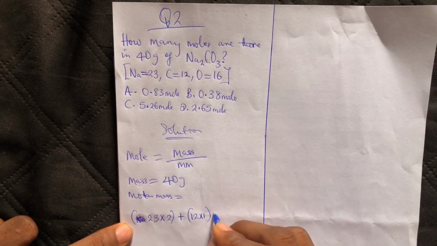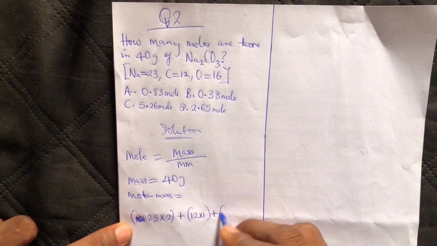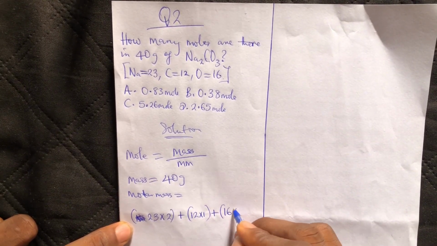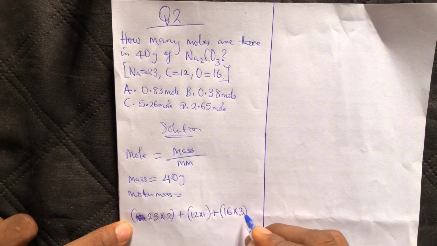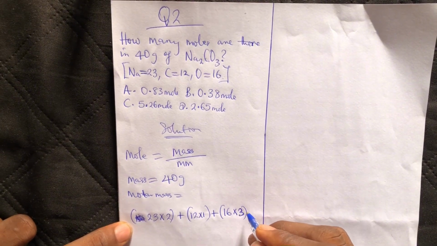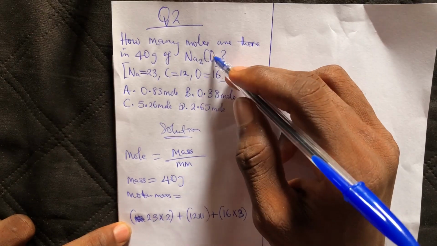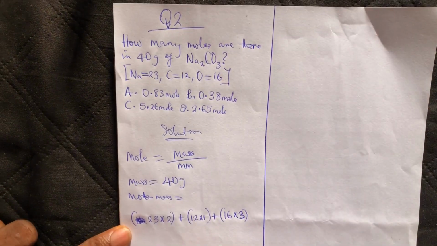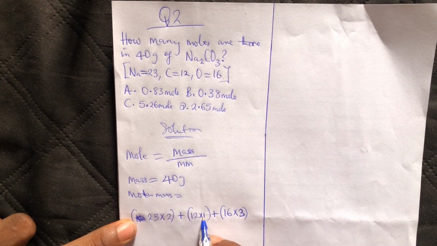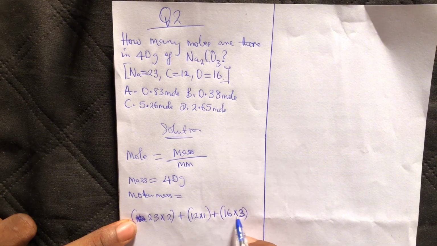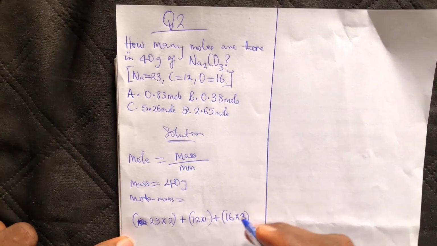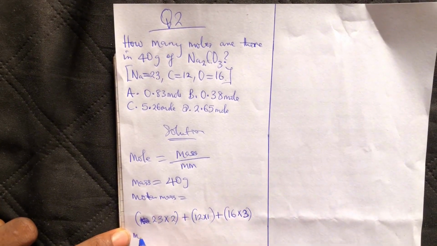So 12 times 1 plus 16 times 3. Now, why is oxygen 3? It is because of these 3. We have 3 atoms of oxygen that is here. So we have 23 times 2 plus 12 times 1 plus 16 times 3. All right? So molar mass